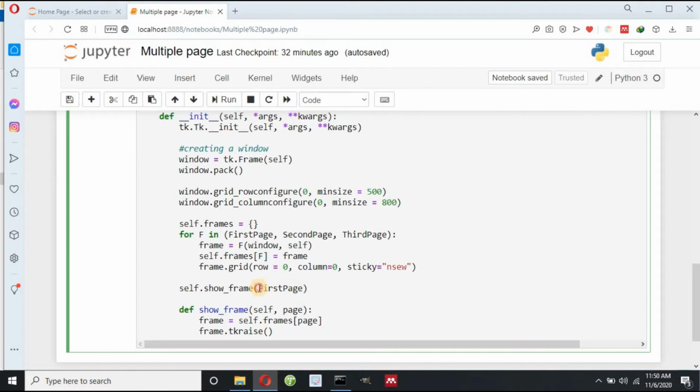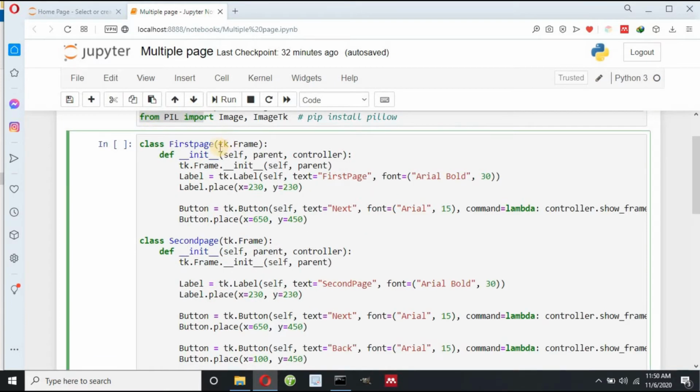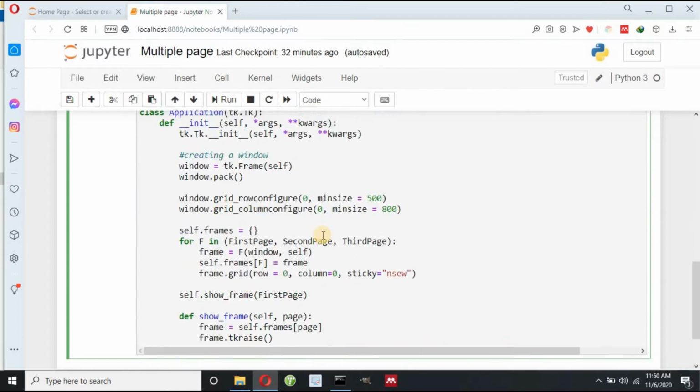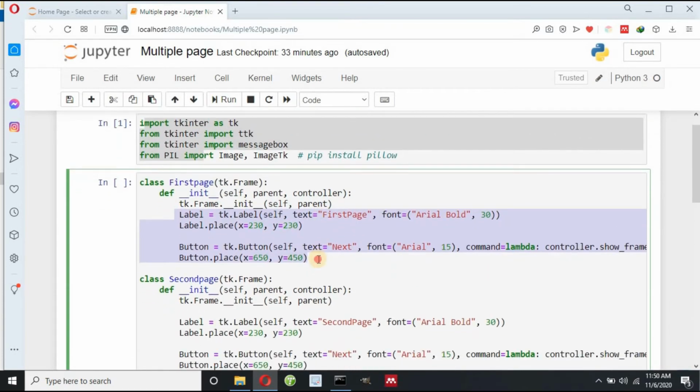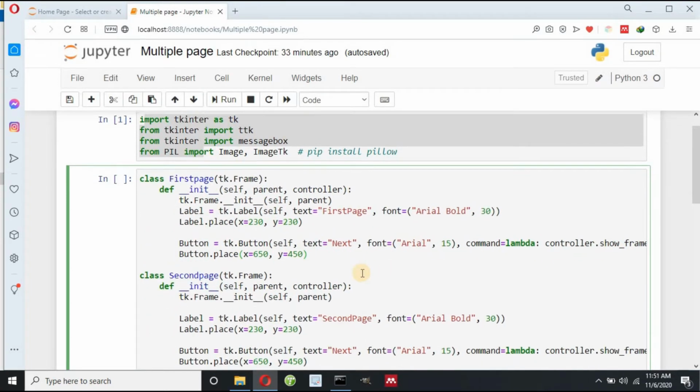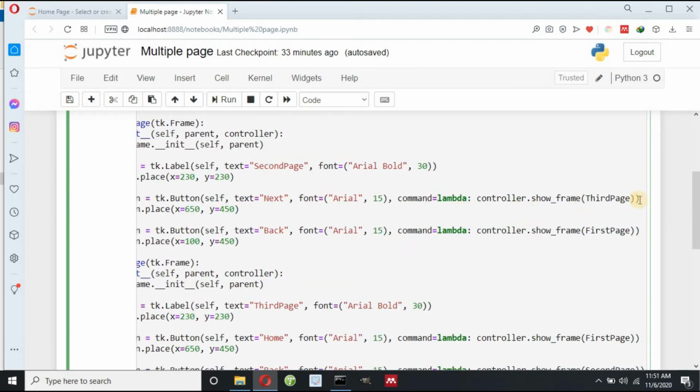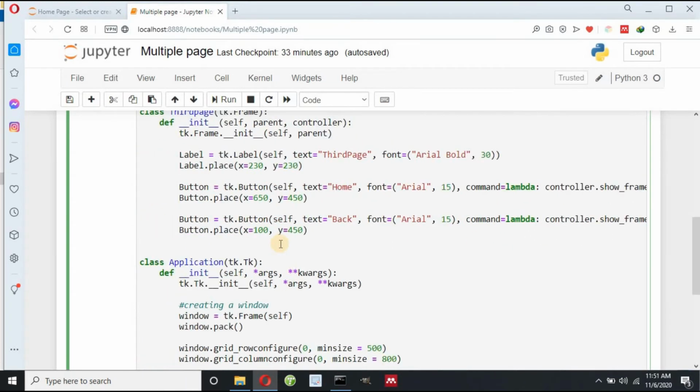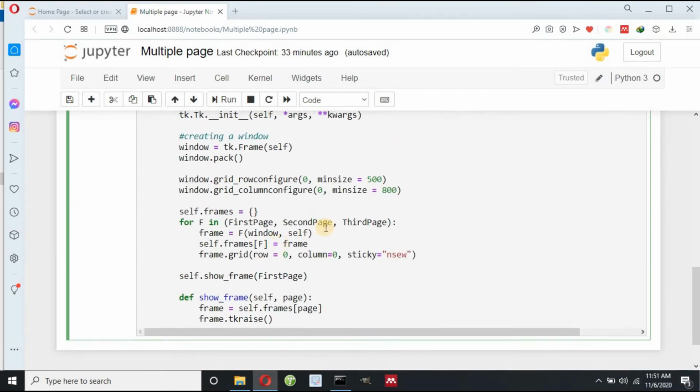So I need to pass this first page, and when I pass this first page to this show_frame method, it calls this class first page, and it will display this label, whatever we have defined in this page. And after this, when I click next button, it will display second page, and after this, when I click next button, it will display third page. So this is the idea of using multiple pages in tkinter.